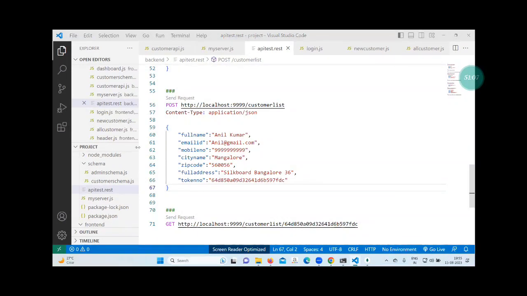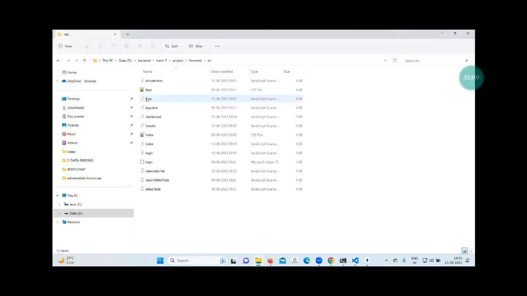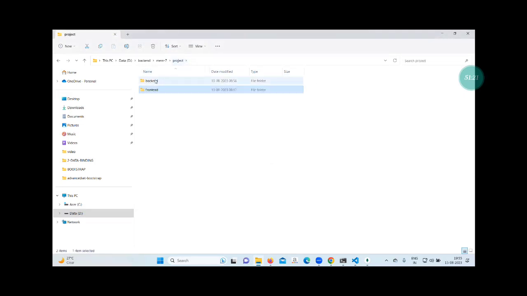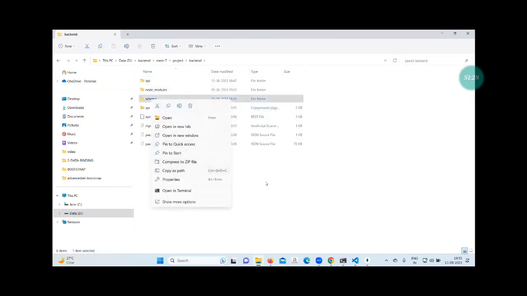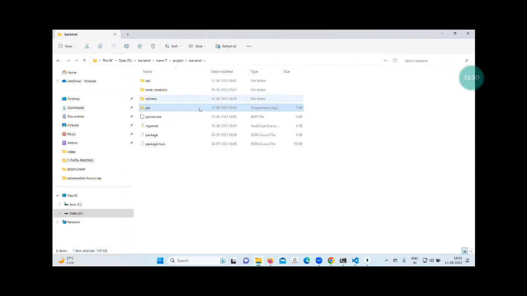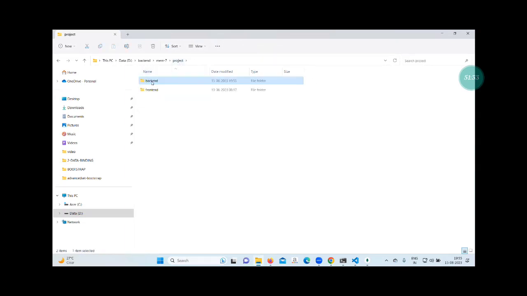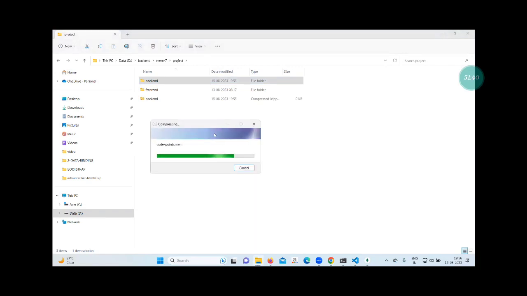This is a project file. Project file, everything is not possible to send. So I will send you the files. What we did in the front end, we have not done anything. Okay. In the front end, we made some changes in the new customer as well as all customers. The remaining folder SRC I have sent already. Next, in the back end, we have worked on which folder? API is coming to your chat. Schema is coming to your chat. Or take the full backend folder. Take the full backend server folder, but the full front end will not go. Node modules have huge files and folders that you can download.